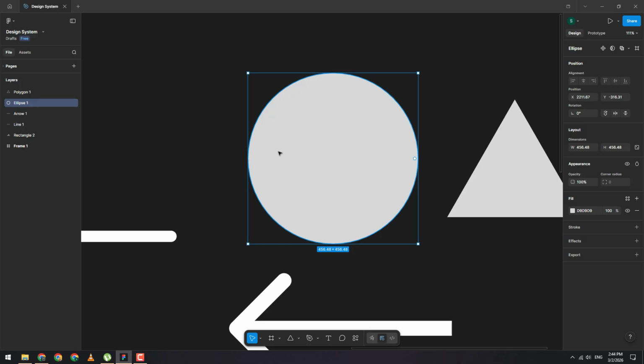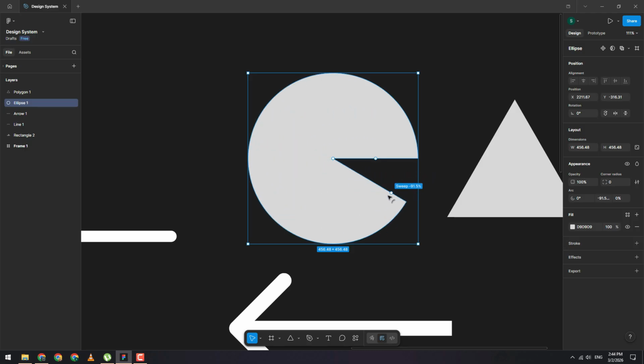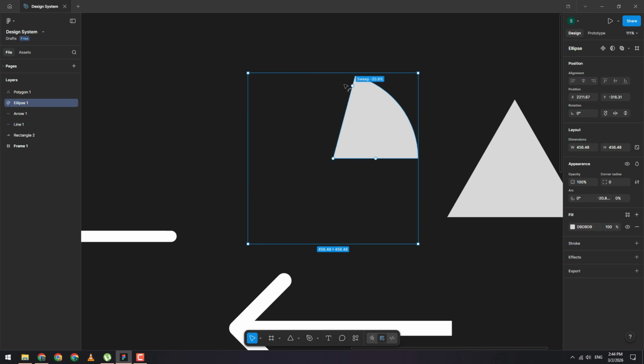In the circular tool material, I will explain one more thing. If we have an arc and we click on that point and start dragging it, we can create different parts of a circle. For example, we can create a half circle if we need it. We can create a 1/3 circle. We can create a 3/4 circle. If we need a quarter, we can create it in this manner,